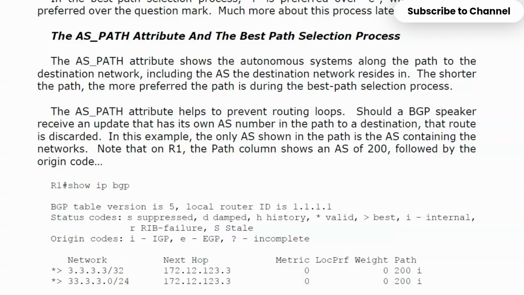The main purpose for the AS path attribute's existence is to help prevent routing loops, which we are always trying to prevent. And the way that works, if a BGP speaking router receives an update that has its own AS number in the path to a destination, the speaker says, something's wrong here, and that particular route is going to